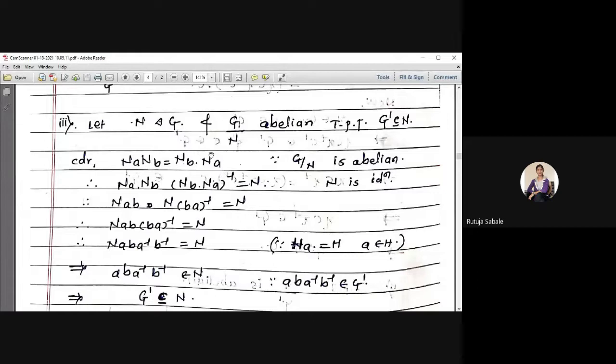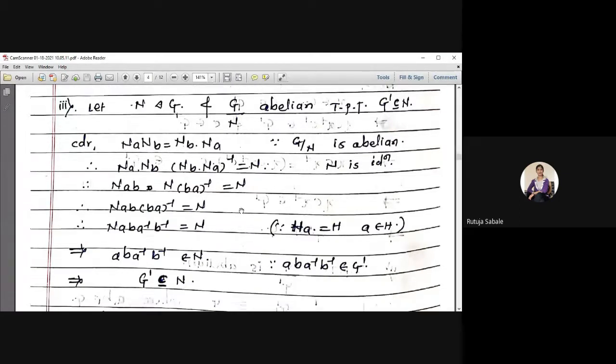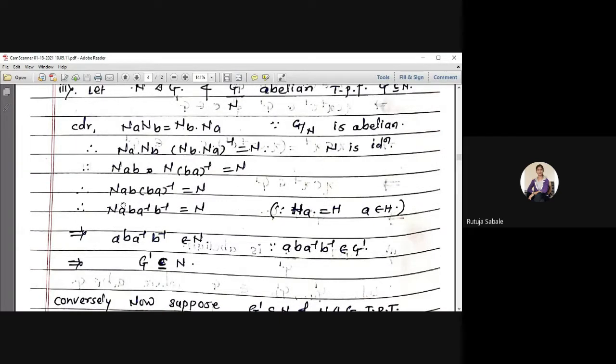Okay, left side ला येत नसतो एलिमेंट कोणताही, ते काय करतो त्यासाठी आपण पोस्ट मल्टिप्लाय करतो आणि त्याच्या इनवर्स ने. Na into Nb into Nb into Na whole bracket inverse. इथे काय येणार मग राईट साइडला आयडेंटिटी काय या ग्रुपची G/N ची, okay, which is equal to N. Hence, but Na into Nb is nothing but Nab. Nb into Na bracket is equal to Nb to Na. Hence, Nab a inverse equal to